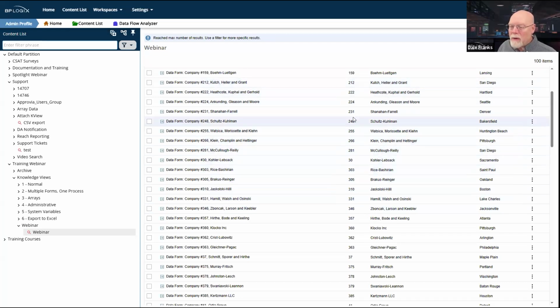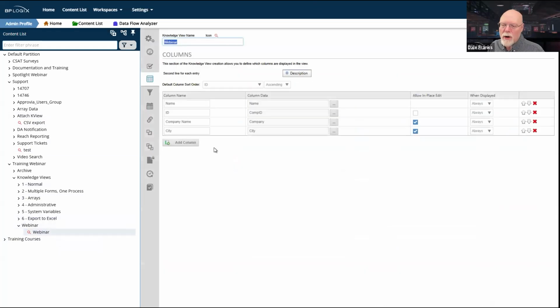Ideally, these would be numbers, but using the general rule, if I'm not going to do math on it, it's not a number. These are all text fields, and so these are all being read as text with this particular sorting method.